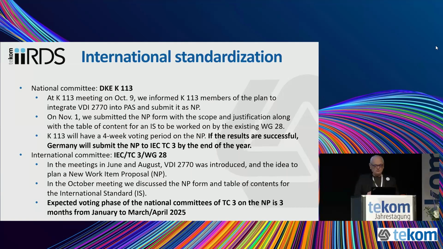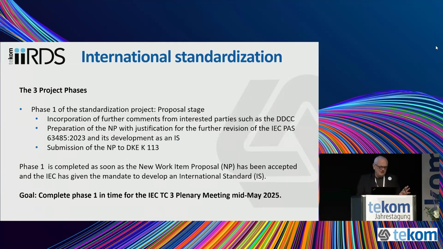The international committee which is working on the new standard is IEC TC3 Working Group 28, where I'm the convener. And we have already submitted a new work item proposal, a so-called NP. And we hope that it will be voted on in January and March. The first step, of course, is that our national committee in Germany, the DKE, submits this proposal to the top level of IEC TC3. So we hope that with the whole process, we are through at the beginning of next year,